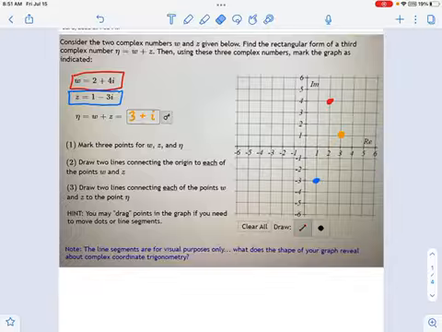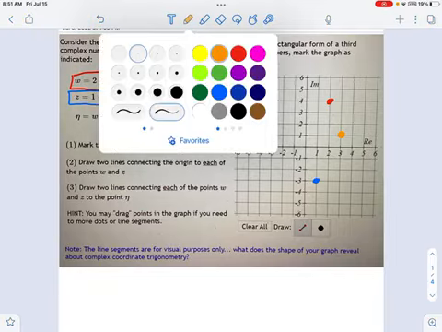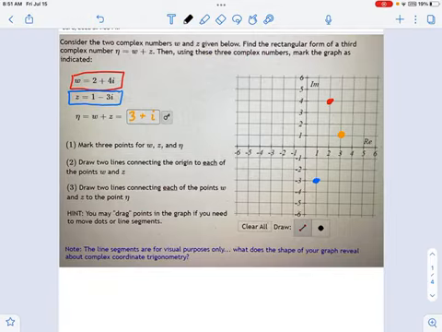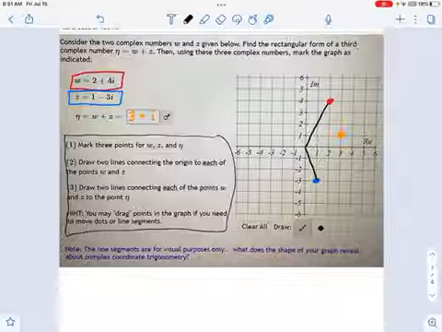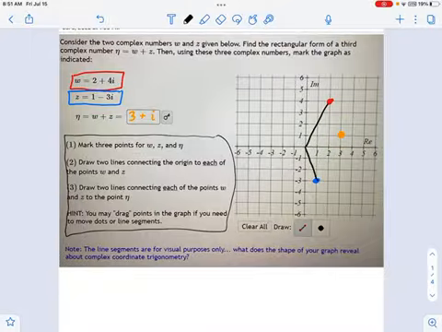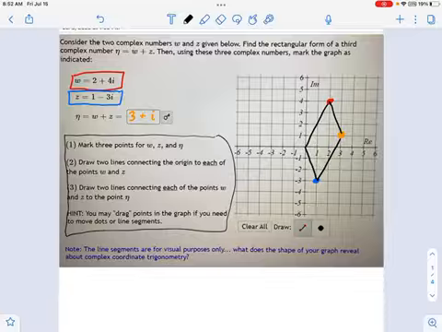Okay, so now we have our 3 dots on this graph. And what gets interesting, you'll notice there's a little bit more before we're done with this problem, if you're working through the homework. It says mark 3 points. We did that. Now draw some connecting lines between the origin and each of the points w and z. Well, don't lose track of which one's which. That's w, the red one. This is z, the blue one. And now draw 2 lines connecting each of those points to eta, that new one we found, okay? So that goes like this and this. And that's it. Now you're done once you've finished using the graphing tool.